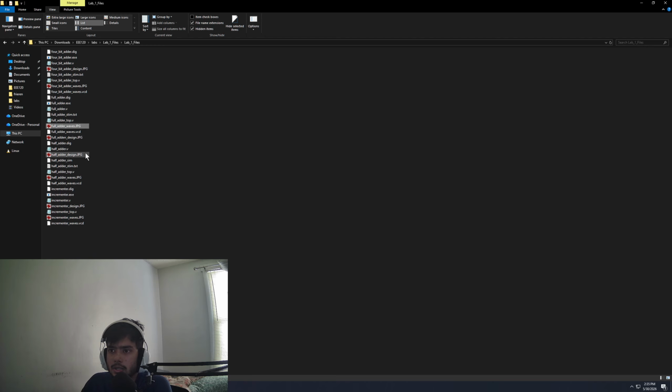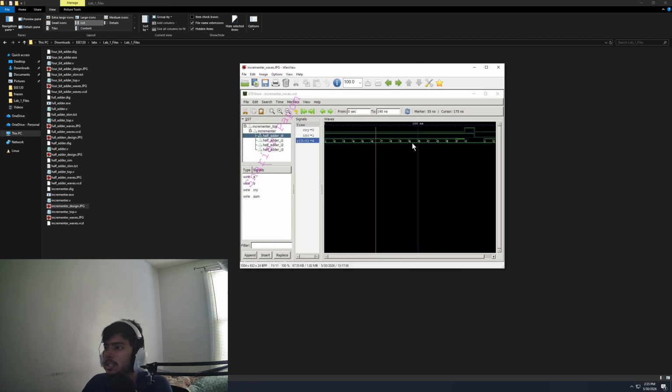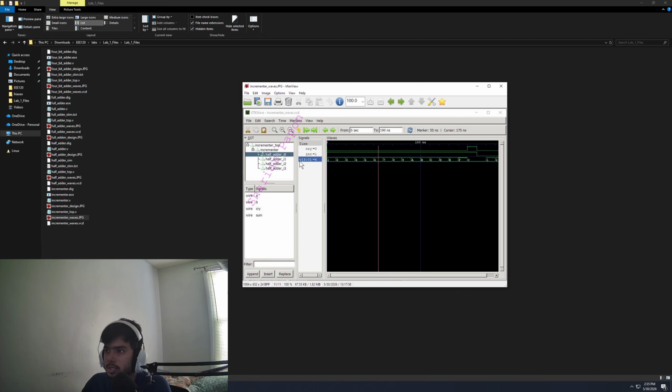And quickly going over the incrementer design, here we have the incrementer, we have A, our input, and the incrementer input going into the last half adder. This half adder is the one we created before. We're just using it as sub nodes, or sub circuits or gates, kind of. And if we go into the incrementer.waves, here we can see all the